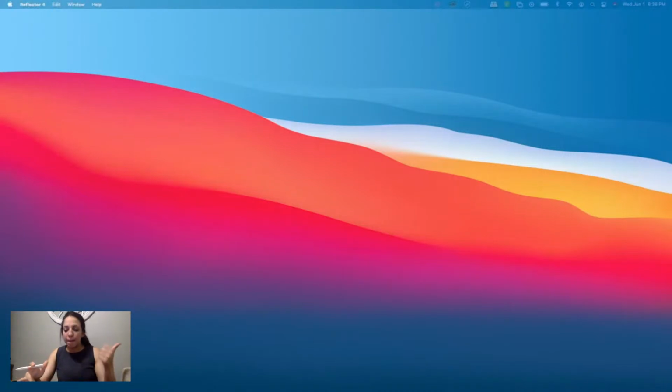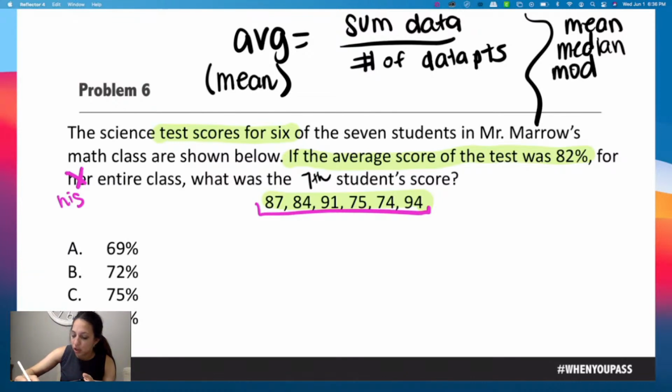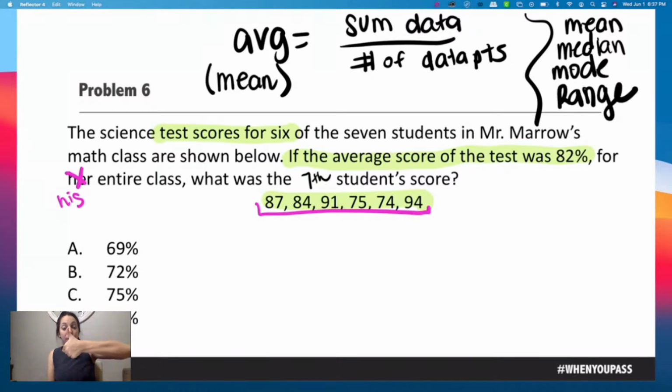So we have mean, median, mode, and range. Those are different measures of central tendency. Median is the middle of your data when you put it in order, like the median of a road. Mode is the one you see the most, hence mode, most. Mean is really mean and it makes you do a lot of work, and range is the difference between your highest and your lowest. So if I'm going to add all of these up and divide by the number,